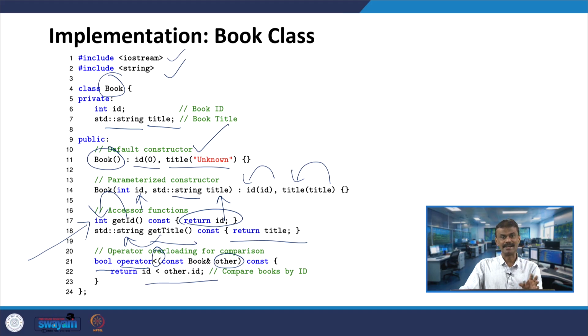If I am asking you to encapsulate this, you write it with a default constructor, with the parameterized constructor, with get and set functions. You call them accessor functions, because I am able to access ID and title from outside, since getID and getTitle are public. These are all the public member functions, and these functions can access ID and title. These we all know, and then you have the operator overloading. So, I encapsulate the complete class Book over here with the help of a default constructor, parameterized constructor, accessor functions, and then operator overloading.